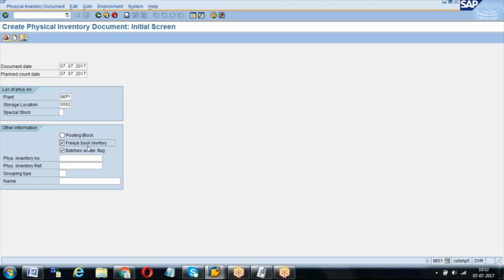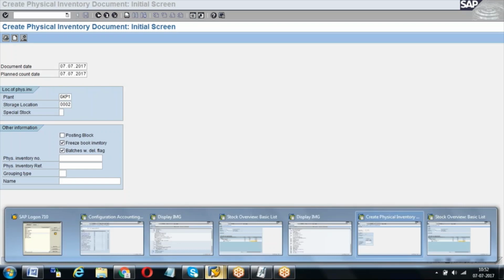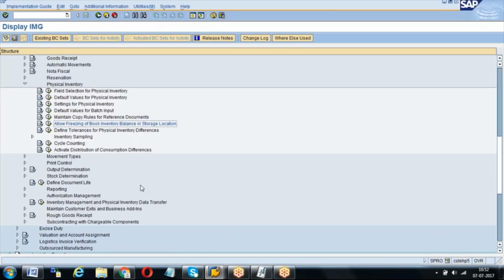To do this freeze book inventory, before that we have to do a configuration to activate the freeze book inventory option for your storage location, because some very specific, important storage locations and some important materials may have to be issued all day, 24/7. You need certain raw materials irrespective of whether you are doing stock taking or maintenance, whatever activities you are doing. Those materials have to flow, because they are such critical materials for your company.